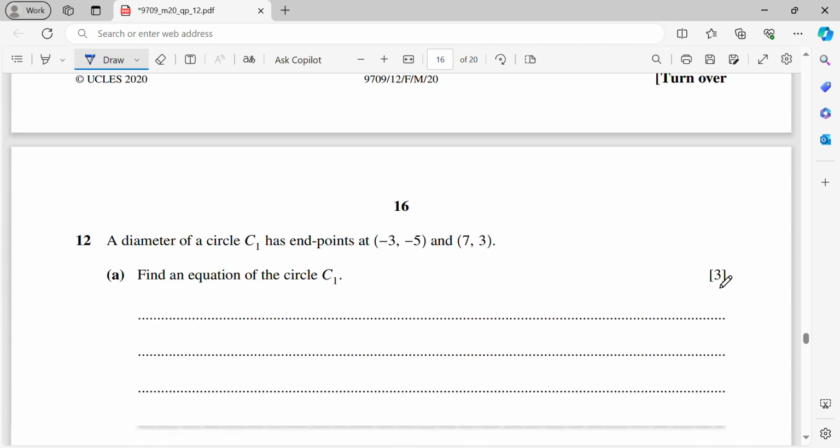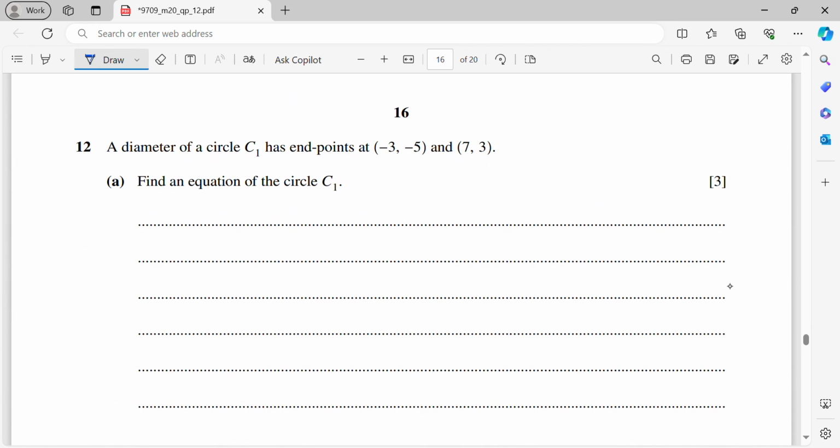Okay, now next question, number 12. A diameter of circle C1 has endpoints. So find the equation of the circle C. So let's say this is the circle. Here is the diameter, right? So 2 points, minus 3, minus 5, and then another one is 7, 3. So from here, you need to find the diameter. So the diameter